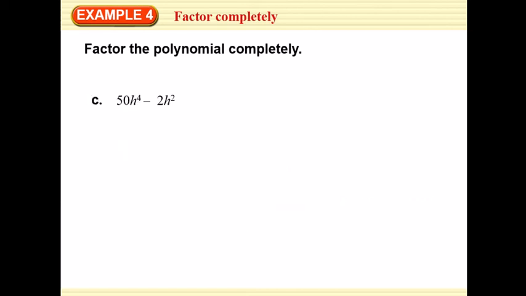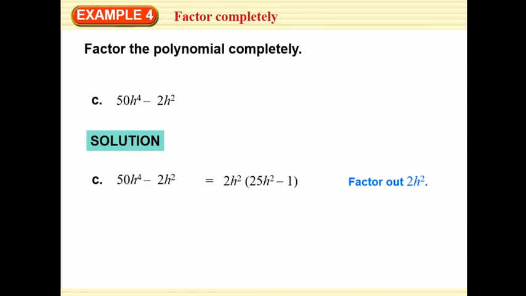Alright, example 4C here. Factor the polynomial completely. Look at the terms. Do they have anything in common that I can factor out initially? Why, certainly they do. They've got a 2h squared. I can not only take out a 2, but I can take out an h and then another h as well. And that leaves me with 25h